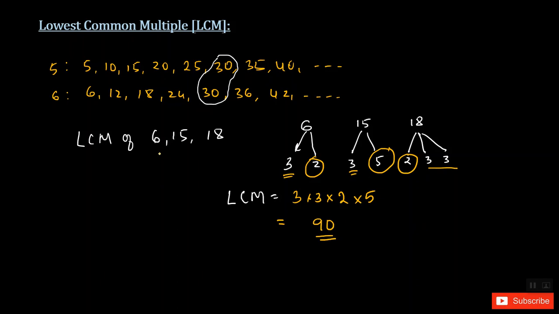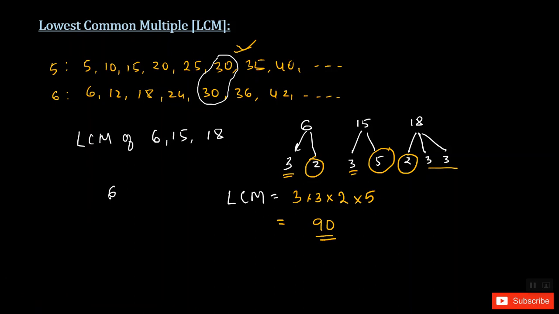If you write the 6 times table, 15 times table and 18 times table like this, the smallest number which appears as common in all these three is 90, and this is how you calculate the least common multiple. This can also be done with the prime factorization approach which I told you about. So I can also do it in this way. Look,